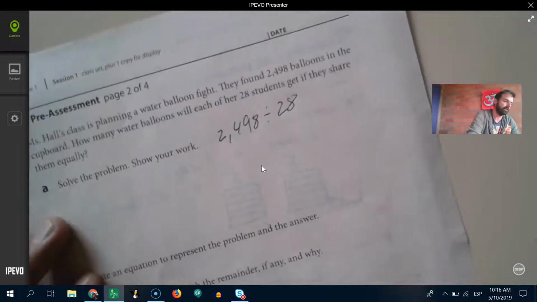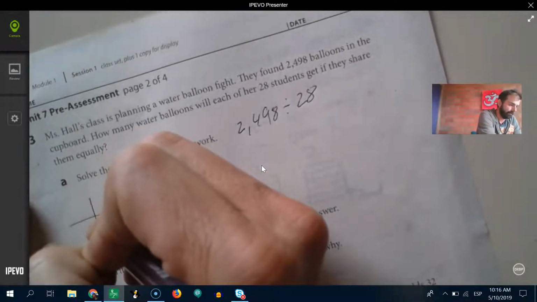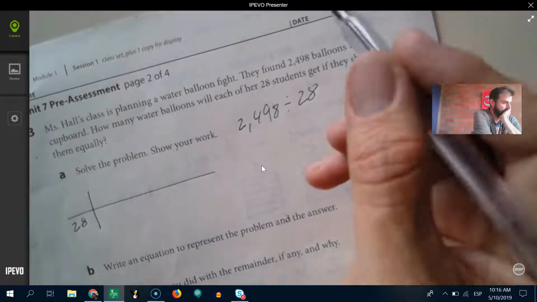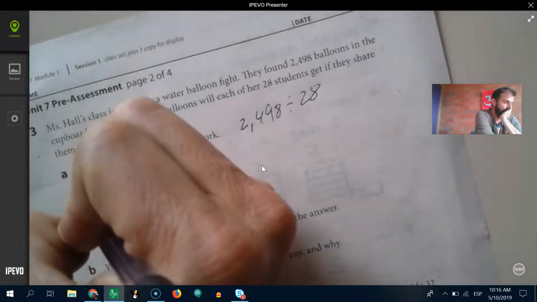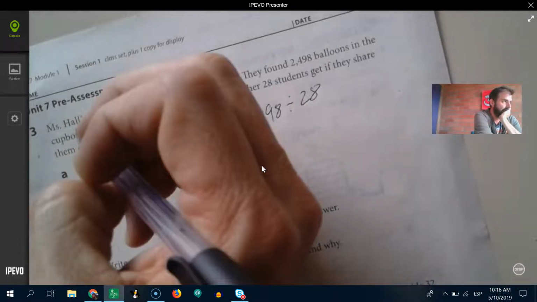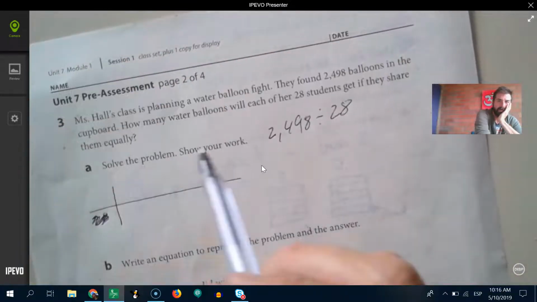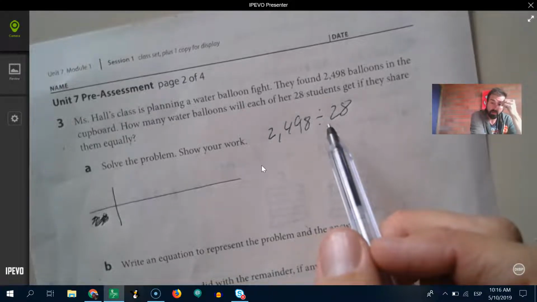I could try a ratio table, see how that goes. So I know that I have 28. Oh wait, sorry, that's wrong. Wait. Sometimes I get very confused about where you should put the number. I know I'm going 1 to 28. That's the ratio. And I know I'm trying to find